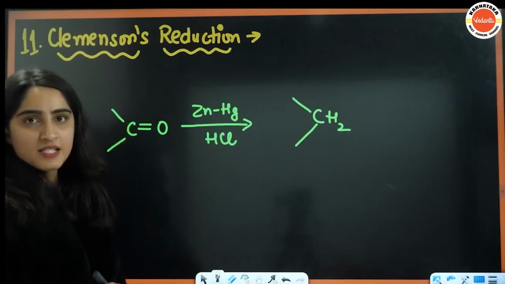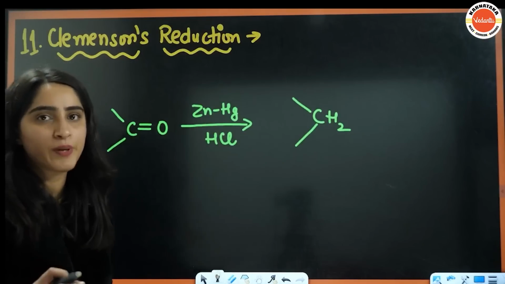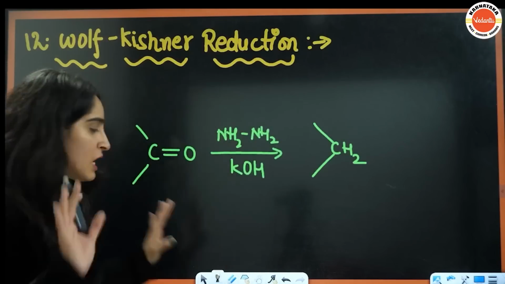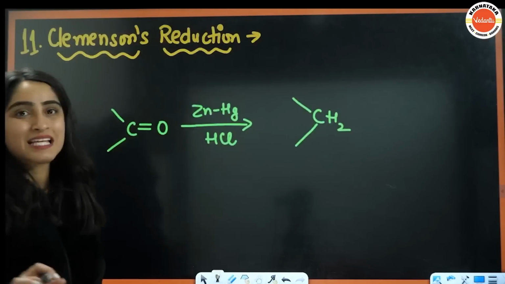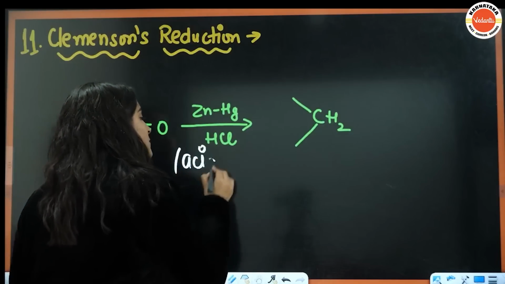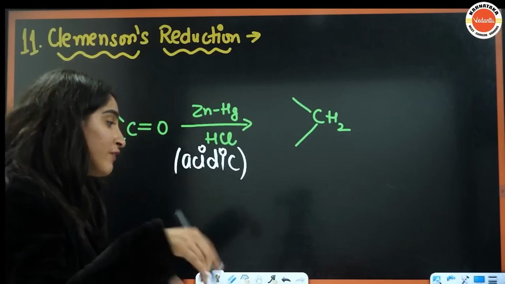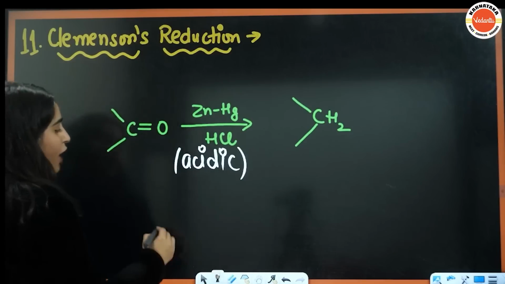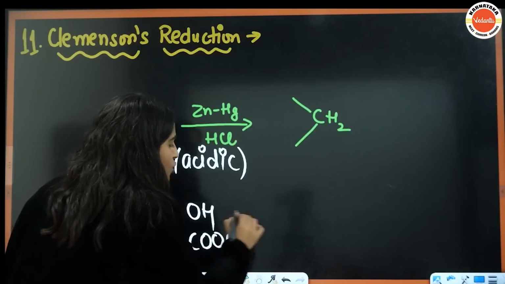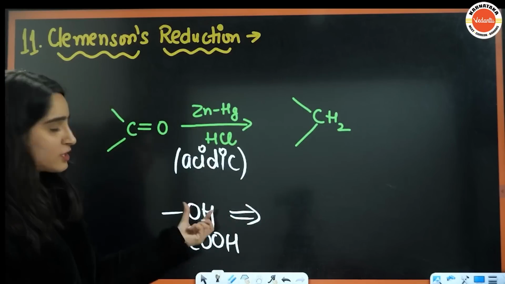So next is Clemmensen reduction. For Clemmensen reduction we have a carbonyl group here. Clemmensen and Wolff-Kishner reductions are both the same; there's just a difference of reagents and conditions. Here this is acidic condition. Always remember that this is acidic condition. And the question is often asked: if you have another group, for example an OH here, or you have COOH here, then this OH will react in this case because this is acidic condition, and the other one is the base.